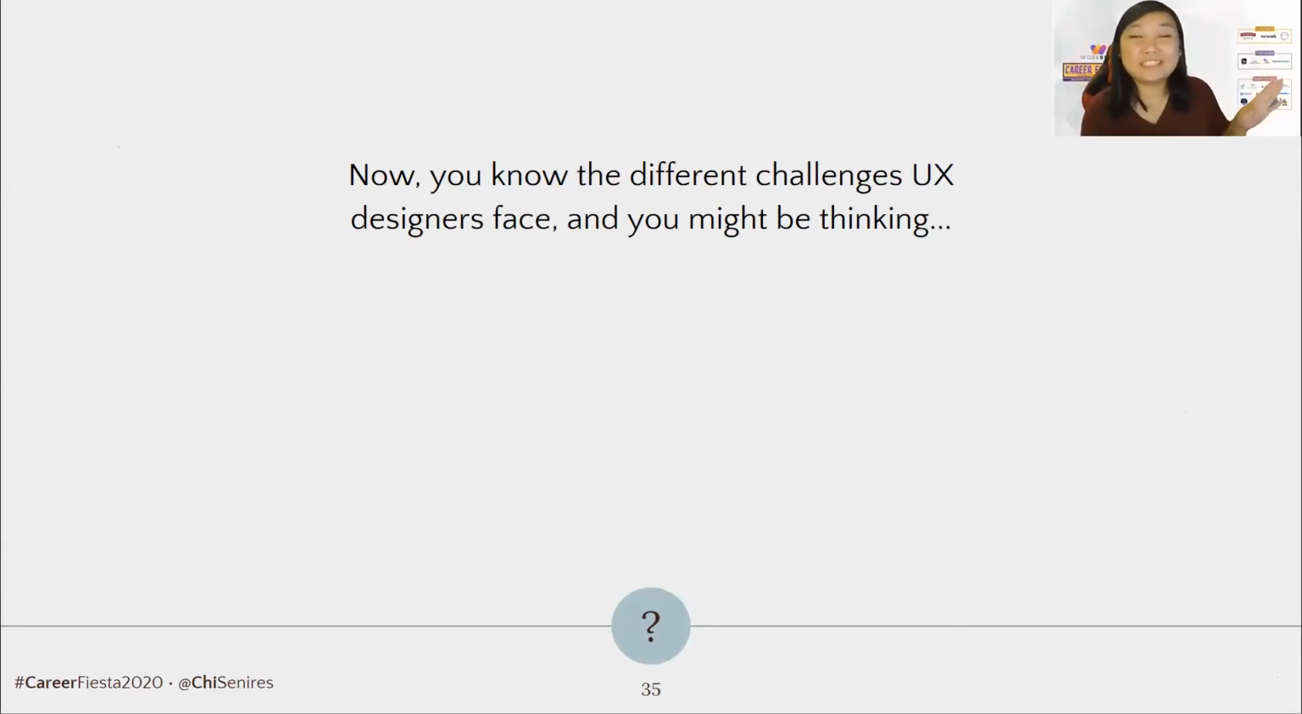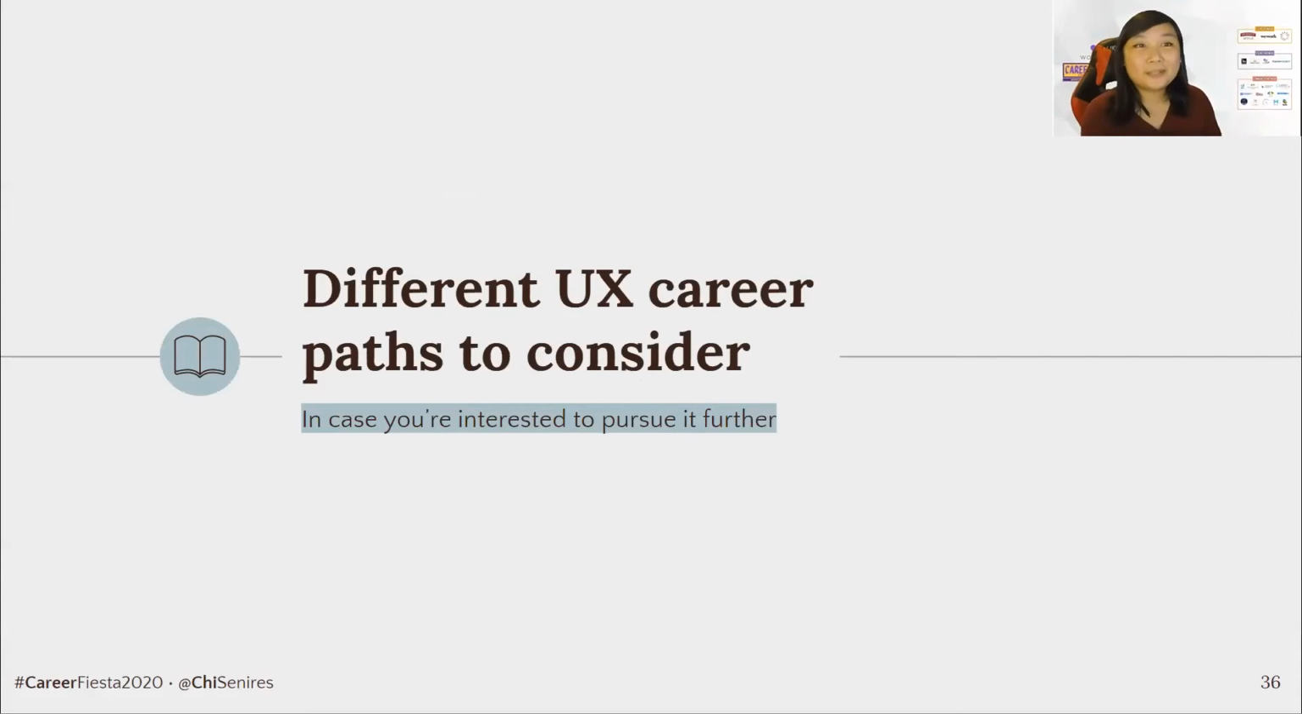So now you know the different challenges UX designers face, and you might be thinking, what now? Okay. Here are some different career paths to consider. So this is a career fiesta. Maybe you'd be interested to pursue UX further. So I'll just give you some ideas on what you may get into, what some emerging roles are, or what things you are doing